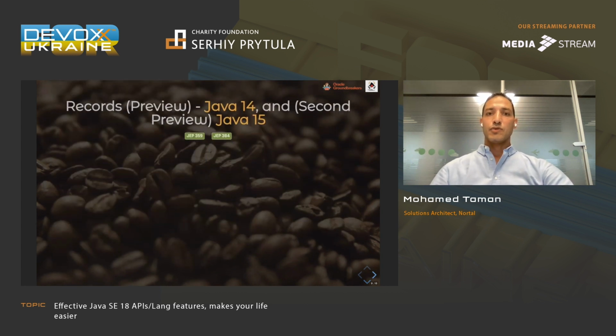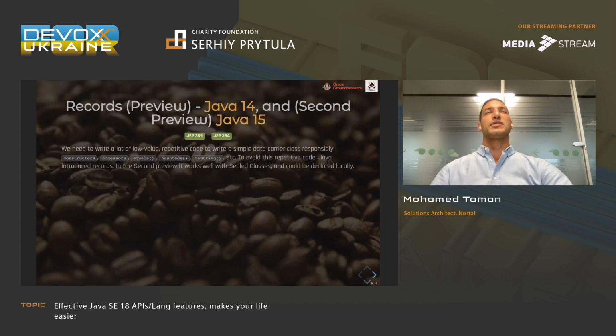And records. Records were introduced as an immutable data type. I use it a lot in some certain cases nowadays when I develop REST APIs and I would like to introduce DTOs or POJOs, immutable data types that can hold client requests and it shouldn't change after that, or returning a specific view of the data to the client. I'm completely using records and using some libraries like MapStruct to convert from entities on the service side into the records.